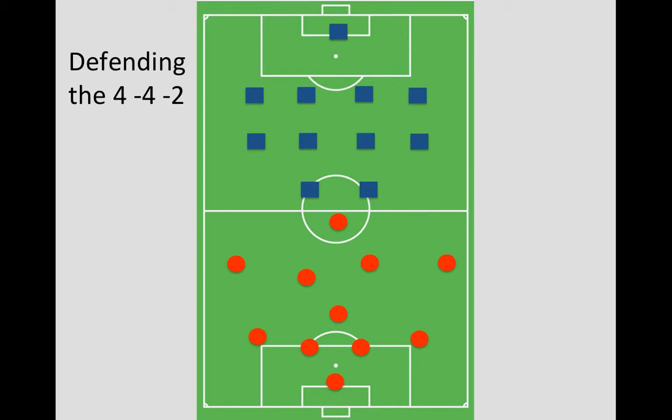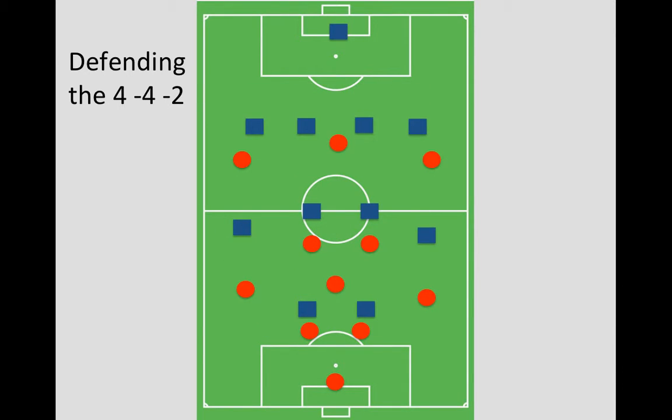Three straight lines for the most part. Sometimes you see those lines vary in the outside channels. This is when we mix and mingle. So let's take a look at our wing positions, the 9 and 10s. They're going to make sure that the outside back does not come forward,